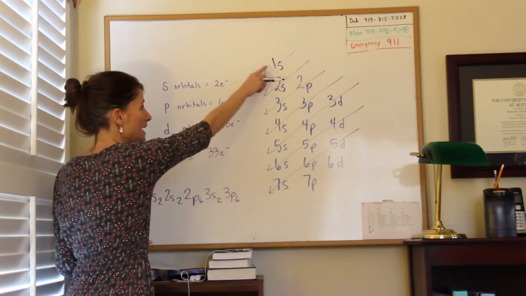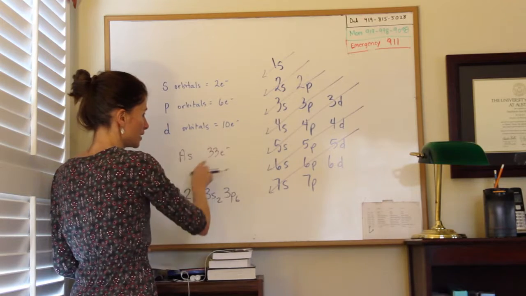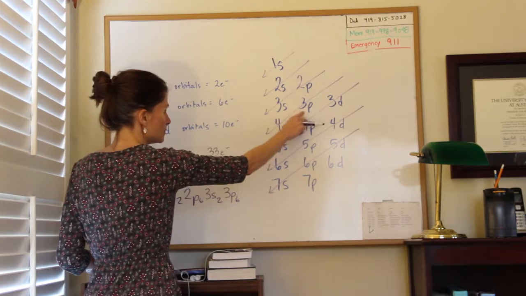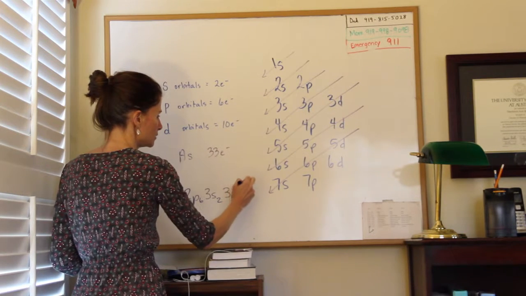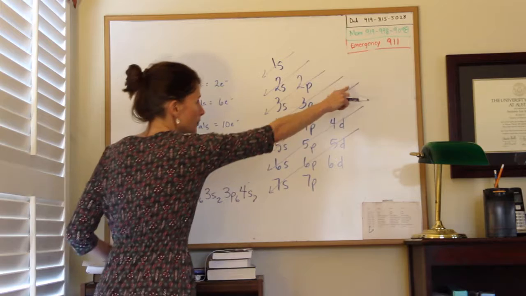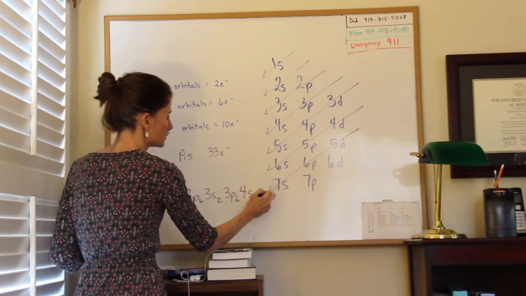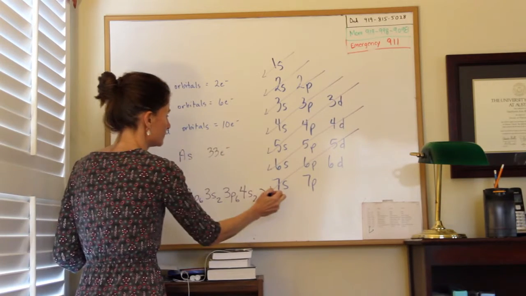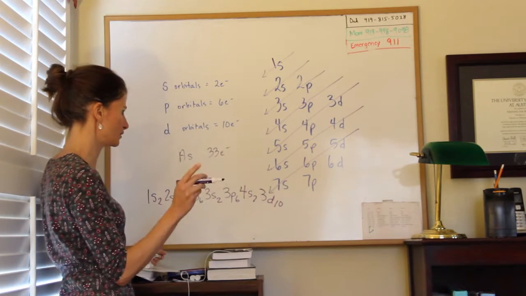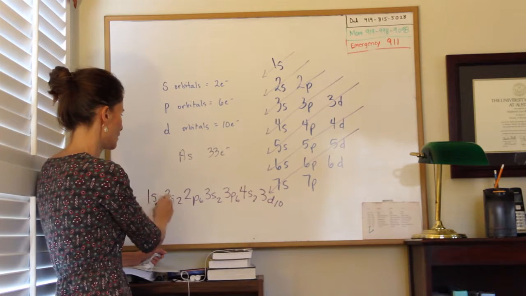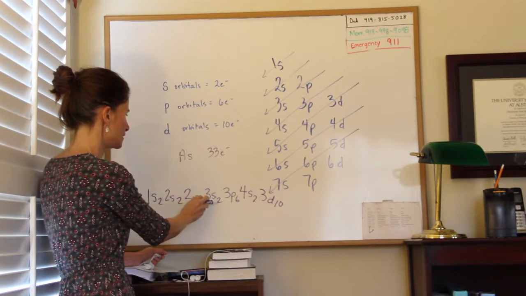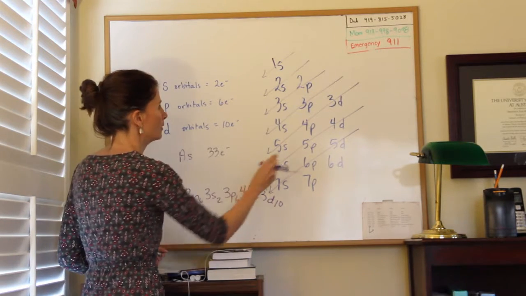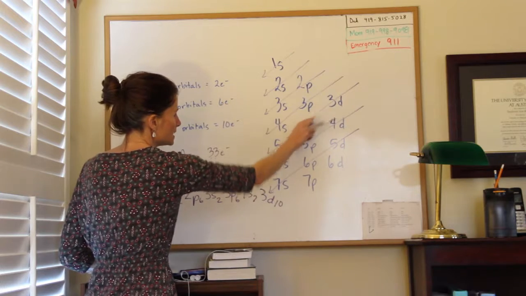Okay, again, we started with 1s and we're just trying to reach 33 when we add all of our subscripts together. So we have come this far. We're at 3p6. Next comes 4s2. Now where do we go? Well, we go up here, and it says to do 3d next. How many in D? 10. Let's check and see if we're getting close to 33. 2 and 2 is 4, 10, 12, 18, 20, 30. We're almost there. So after 3d comes 4p,